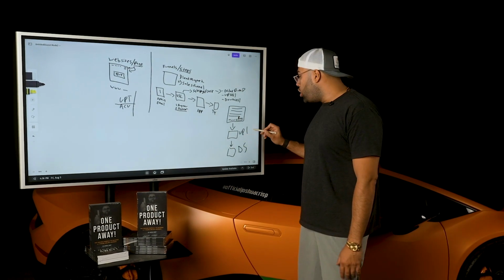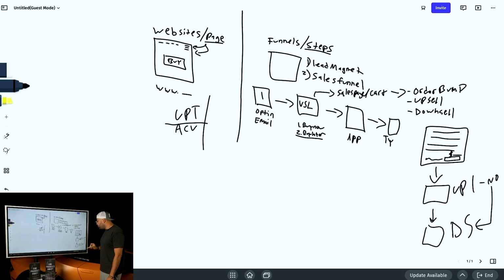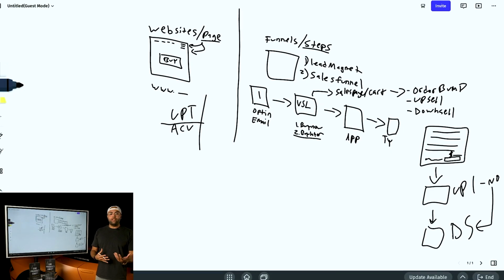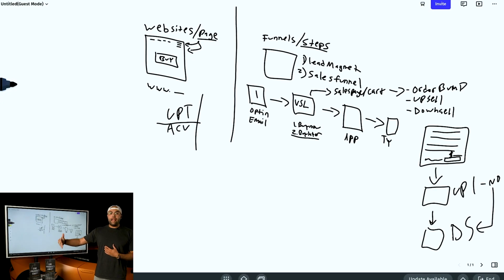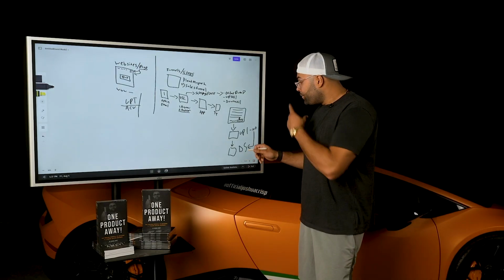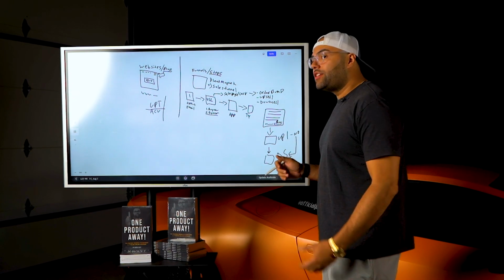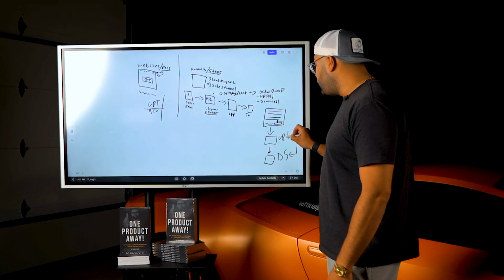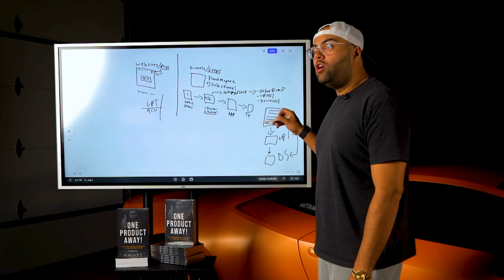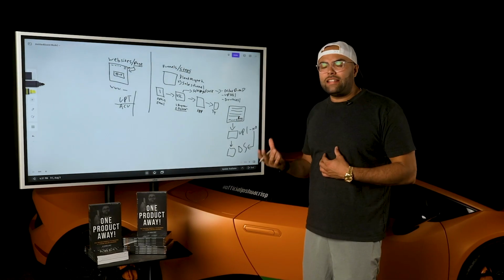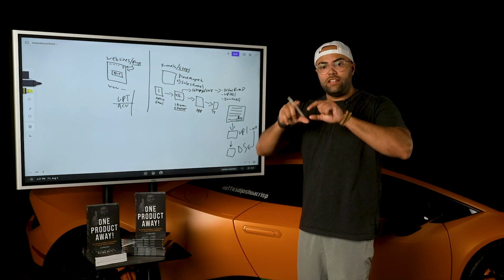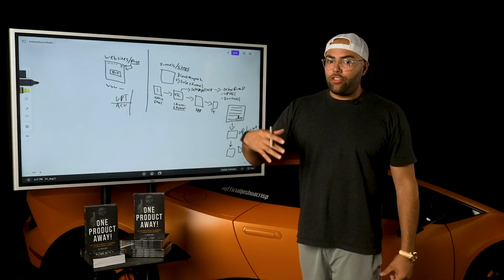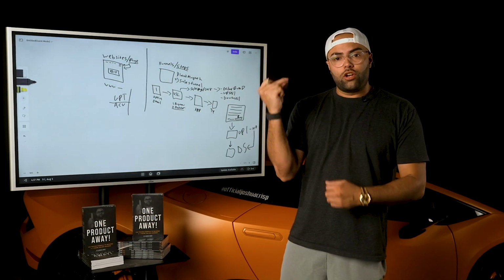And if they say no to the upsell, then it would take them to a downsell where you're selling them the exact same thing at a lower price. Now, typically the downsells and the upsells convert close, because somebody will like the upsell and take it, or somebody will want the upsell and not take it, and see the downsell and see the last chance, get it for 30% off, and then it'll trigger that impulse.